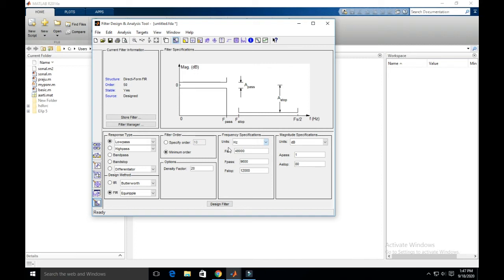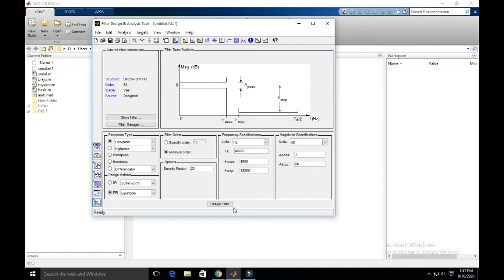As we know, in theory we have some specific design steps, so in that we require a sampling frequency. So you can take the sampling frequency, then the passband frequency, stopband frequency. Then you can define the magnitude specification for the passband as well as for the stopband.